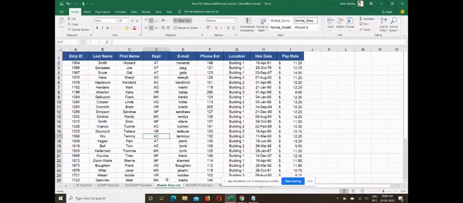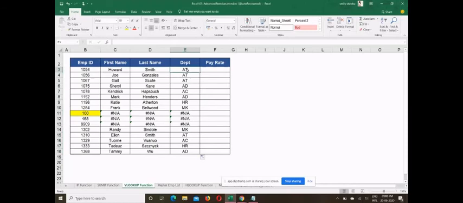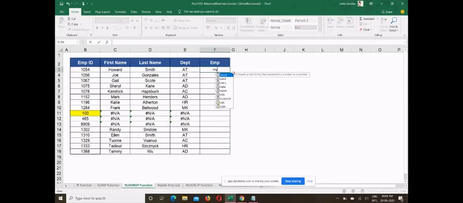Okay, let us do it the other way. I have department here. What if I need the employee? But another problem is here: there are so many unique departments, so it can't be a constant. So instead I'll take the last name and I want the employee ID. Let's change this for a moment. Is equal to VLOOKUP, open bracket.